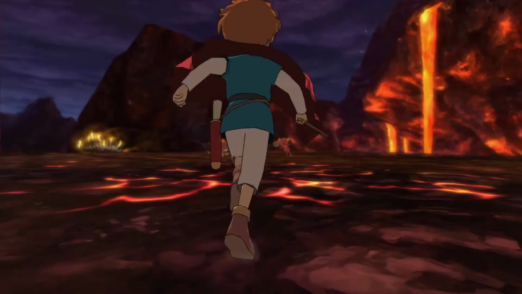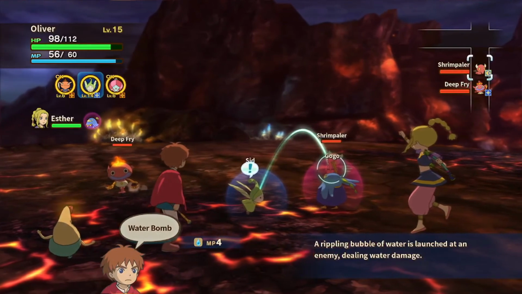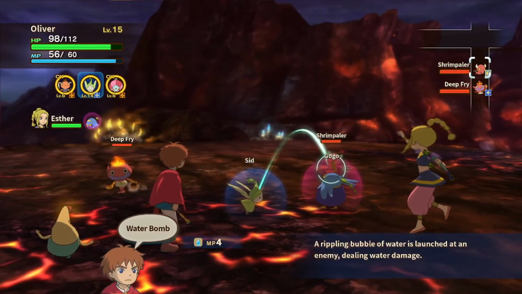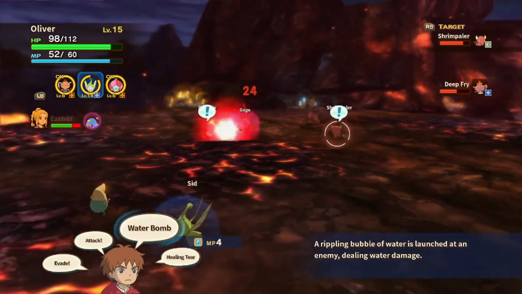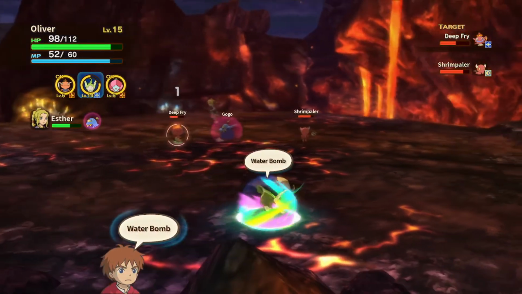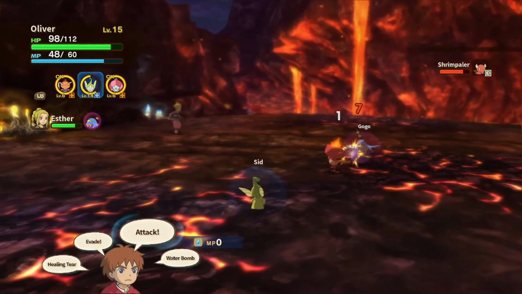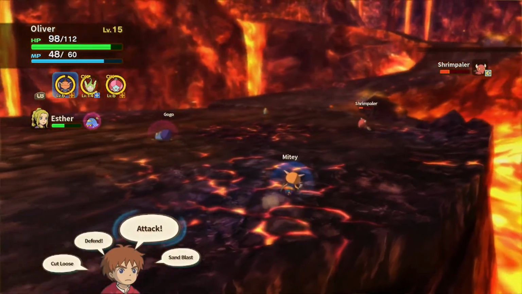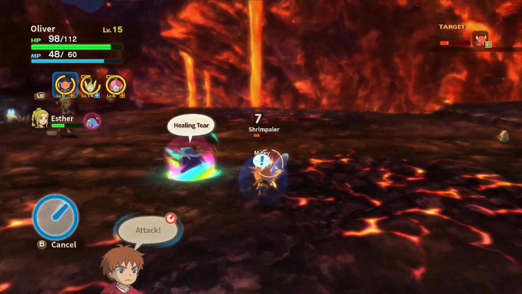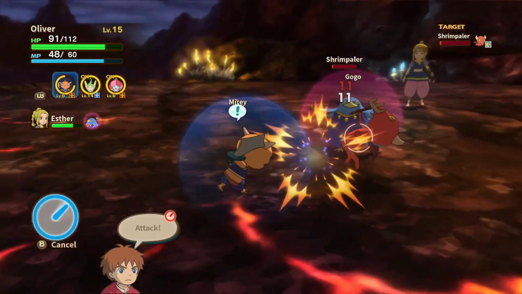A shrimpaler. We can do this. I love the names in this. It's so stupid. Alright, small fry, oh no, deep fry. You're bigger than the small fry, excuse me. I'm gonna go for the shrimpaler. Wow, okay. There's a lot of enemies in here I was expecting would be weak to water that aren't, given, you know, fire. Get him, Sid! Alright. You got it. Awesome. Oh, I'll switch to Mighty then. Oh, he's weak. What did you just use, Thunderspark? Is that what you're weak to? I think he is. I think that's the only spell that Go-Go actually knows, so...